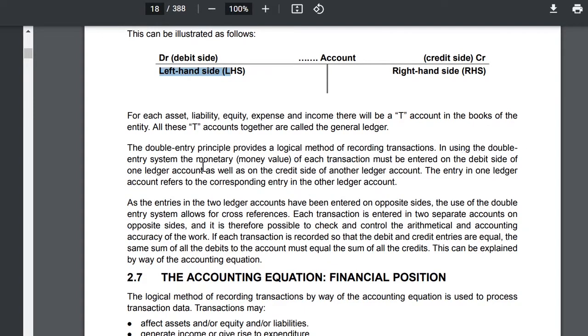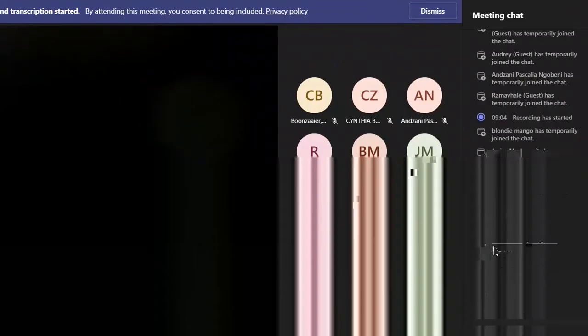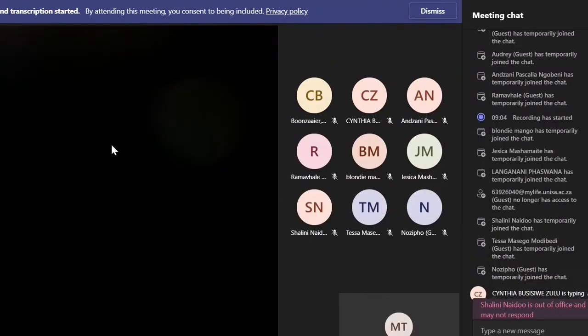In using the double entry system, the money value of each transaction must be entered on the debit side of one ledger account as well as the credit side of another ledger account. The entry in one ledger account refers to the corresponding entry in the other ledger account. As the entries in the two ledger accounts have been entered on opposite sides, the use of the double entry system allows cross references. So I want us now, there's another example I need to do with you regarding